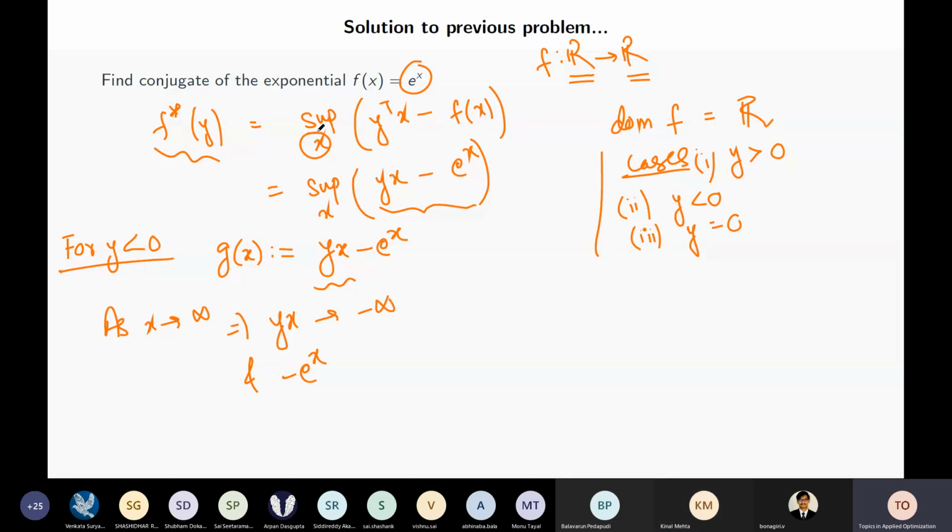So we are supposed to find the conjugate of this function f(x) equals e to the x, and this we know is a function well defined from real number to real number. In other words, it can take any value and it's fine. And then